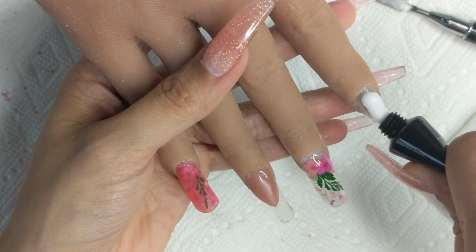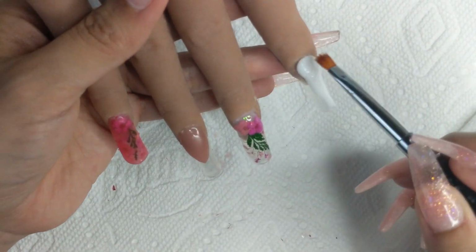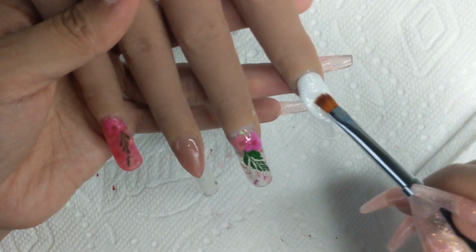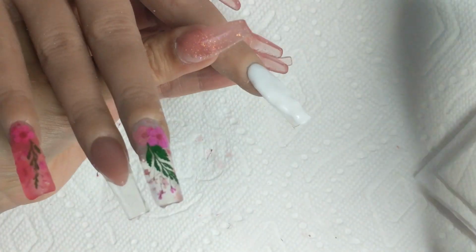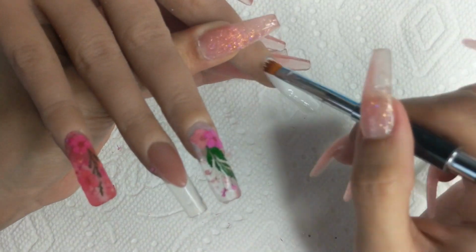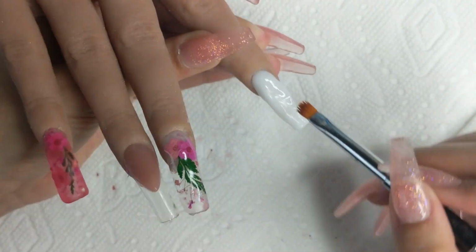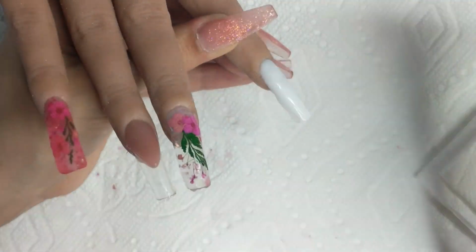Now I'm gonna go in with my white from Yayoge, and I think I've said this before on a previous video that I got the white the first time, that this is the softest, fastest, most movable white I've ever worked with when it comes to polygel. Polygel whites are very hard to work with, as well as acrylic whites. They tend to be stiffer and they tend to dry so much faster. So I do like Yayoge's white